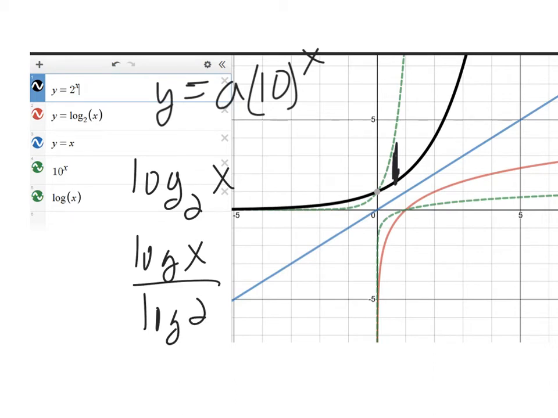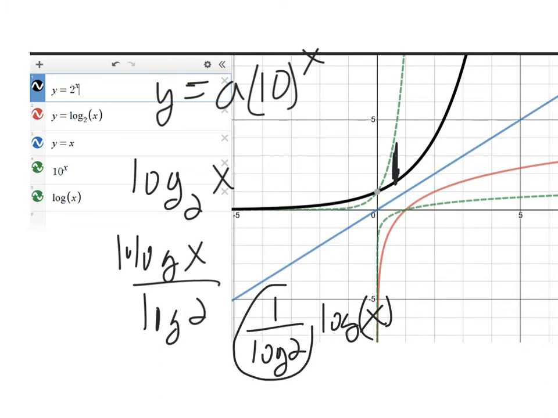And this is 1 times log x, so can I write this as 1 over log 2 times the log of x? So the vertical stretch is 1 divided by the log of 2. What is 1 divided by the log of 2? Looking at this graph, I think it's going to be bigger than 1 because it's got a vertical stretch going on. So let's see, what's 1 divided by log 2? Yeah, sure enough, I'm getting 3 point